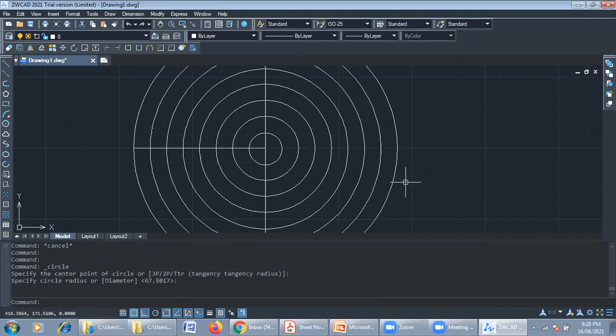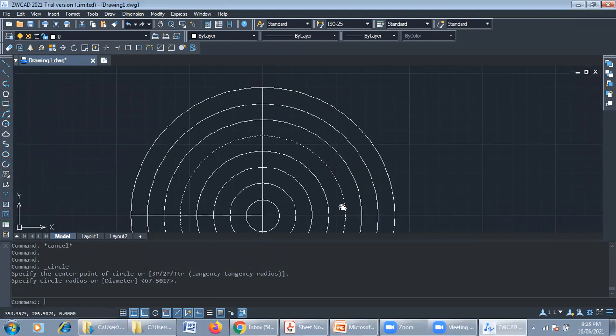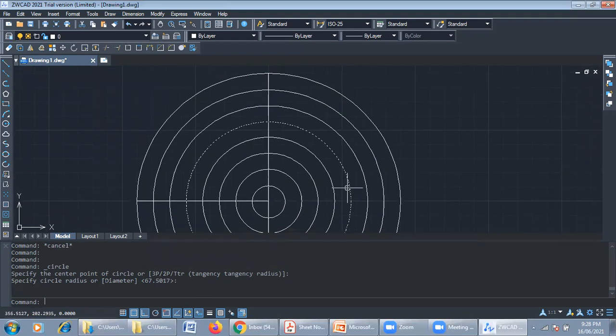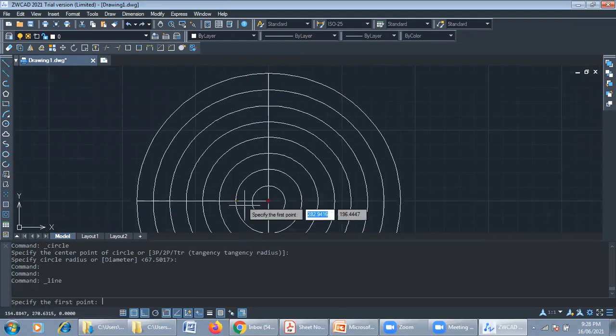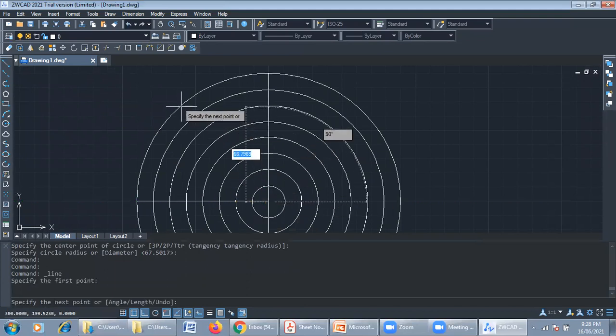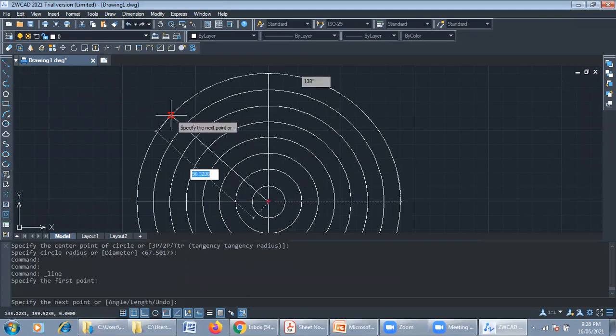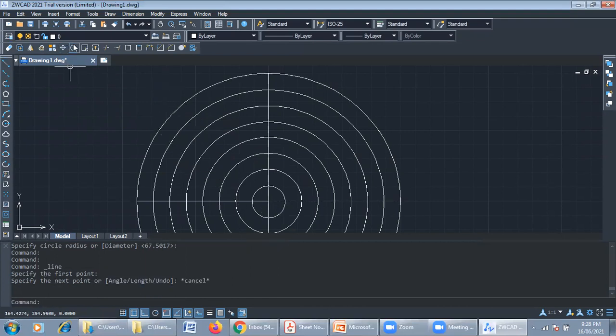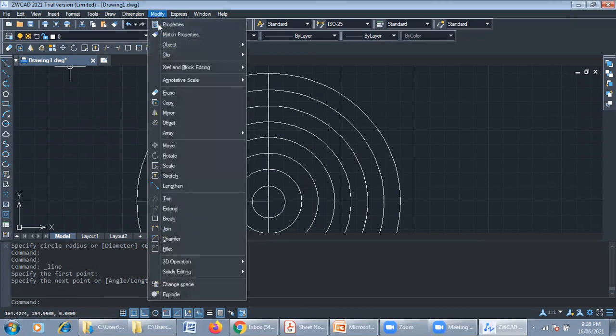Passing through every point, we need to draw the circles. Now, this is the radius vector, and now we have to draw by using this command. Again, I will be using the modifying array command.